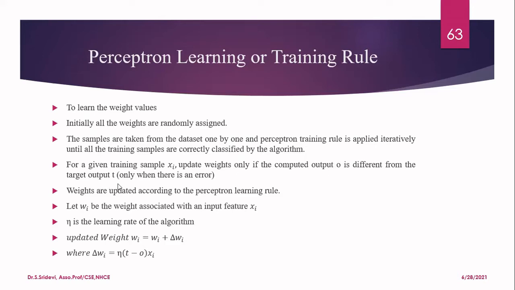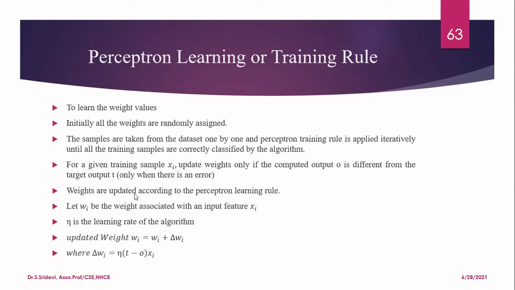I'm going to consider the supervised learning problem. We are going to consider binary classification problem now. So here, I have a training example Xi. Initially, I have selected some weights randomly. I am going to calculate the output O. And if that output O is same as the output given in the target, there is no need for any updation. If it is different, I have to update, because when it is different, it means that there is an error.